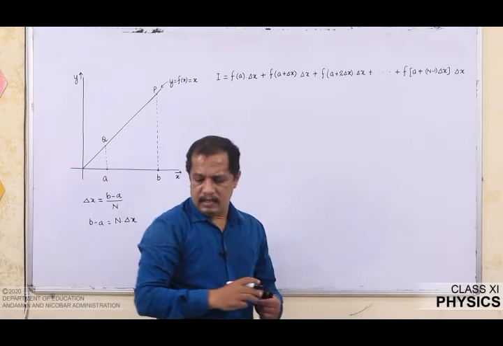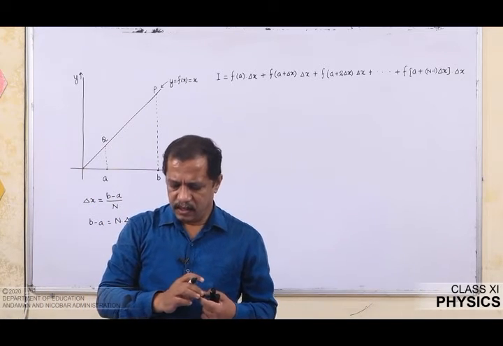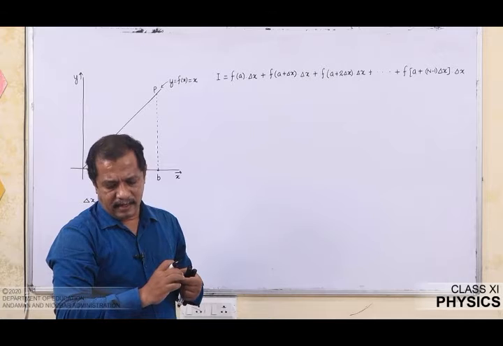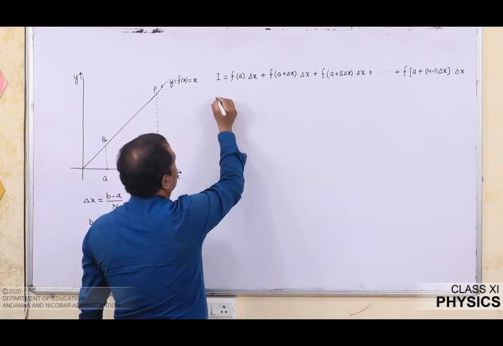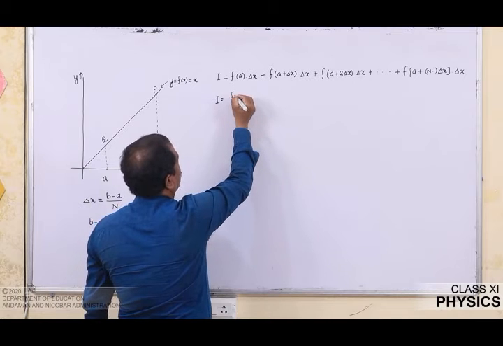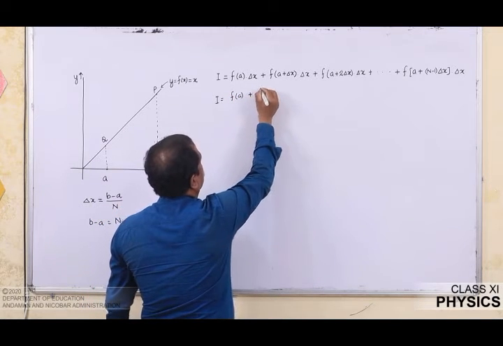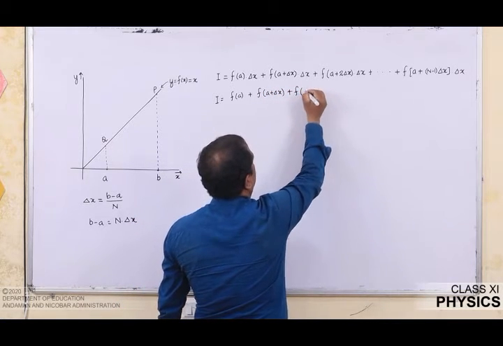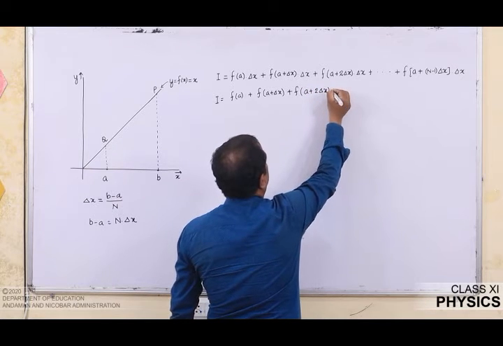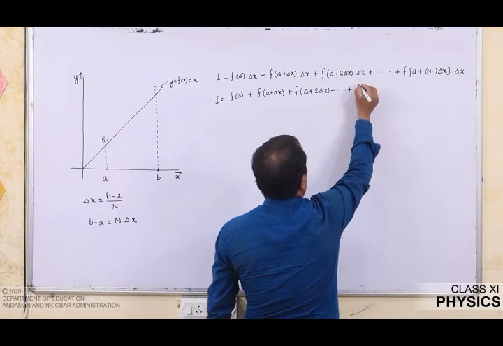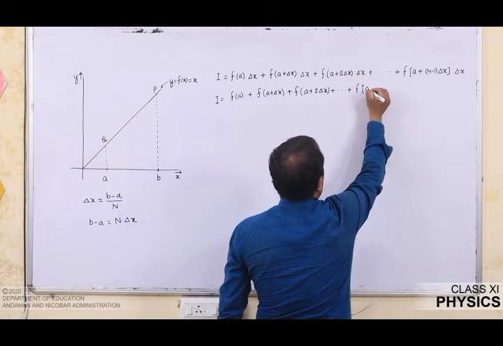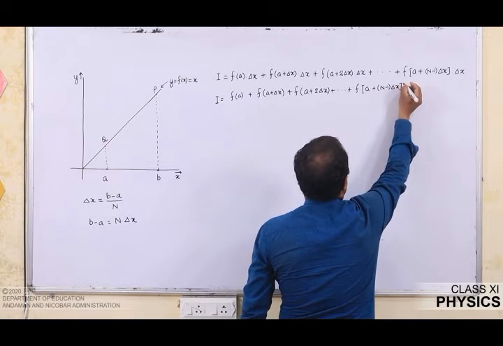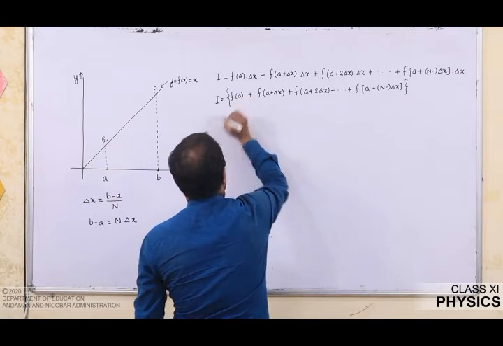So, this is going to be the area for me. If that is the case, then if I take out this delta x outside, because it is common in all the expressions, then I am going to have f of a plus f of a plus del x plus f of a plus 2 times del x plus up to f of a plus n minus 1 times del x,